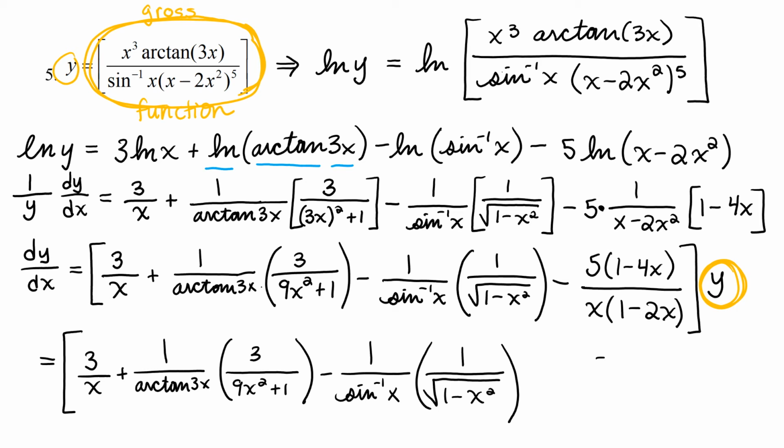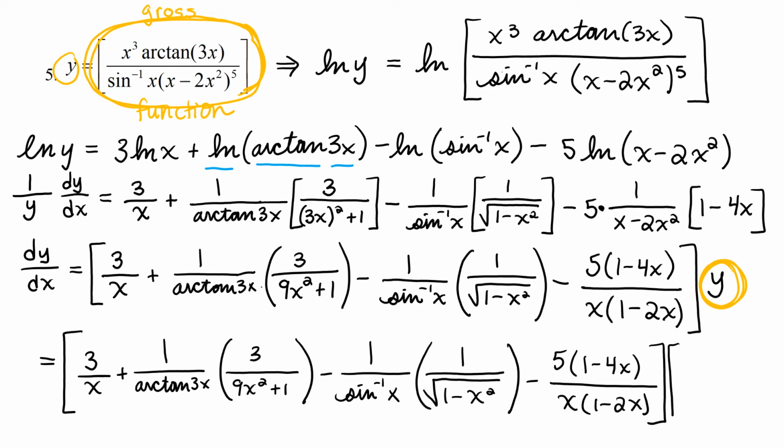I was trying to squish this, but I wrote it even wider. So minus 5 times 1 minus 4x over x times 1 minus 2x times y, and y is x cubed